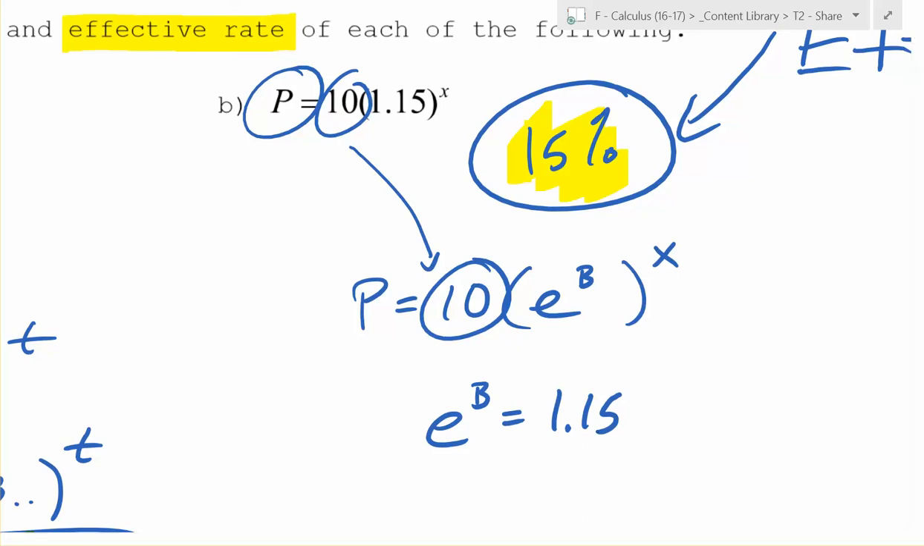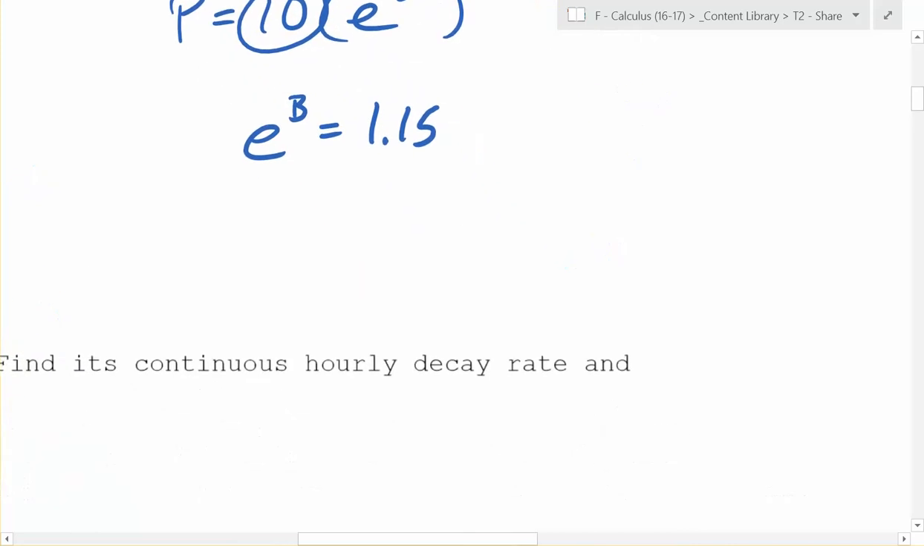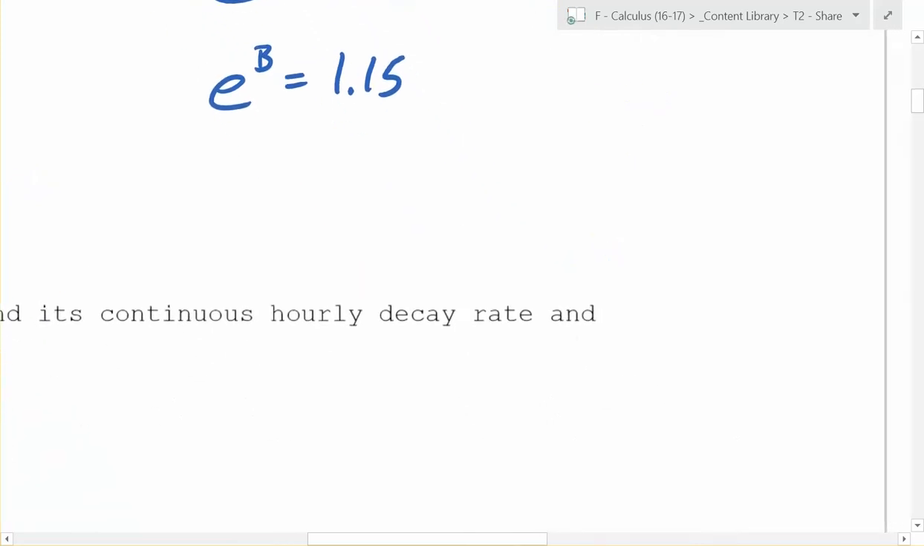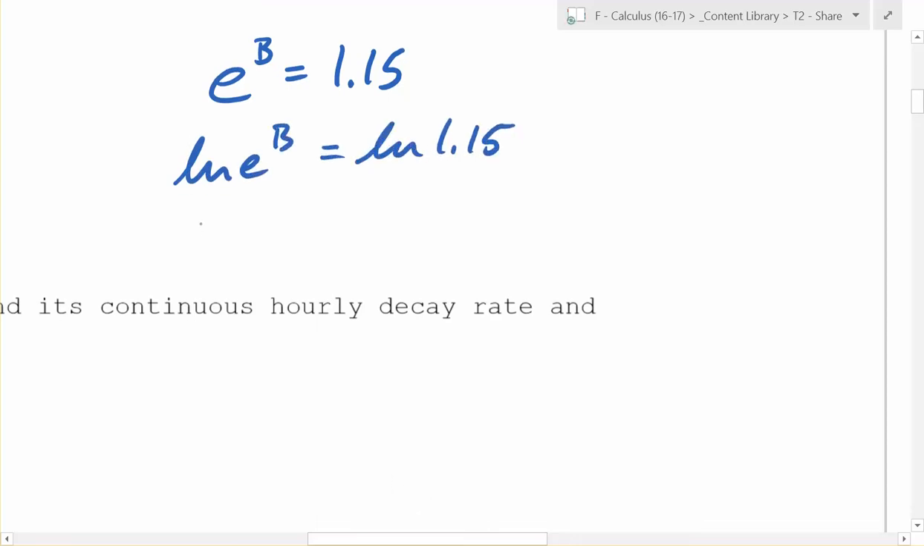You with me so far? So how do we solve that? What should I take on both sides? Take ln. It's actually really good to take ln in this case because what's the base? e. When you see e's, use ln. So what do you have? ln e to the b is equal to ln of 1.15. What do you bring to the front? So b ln e is equal to